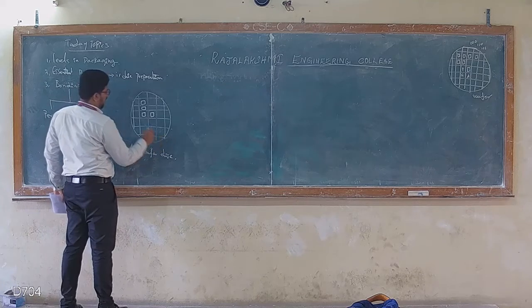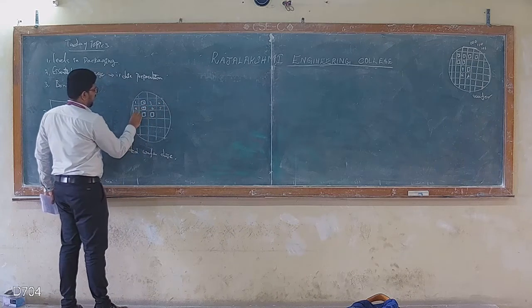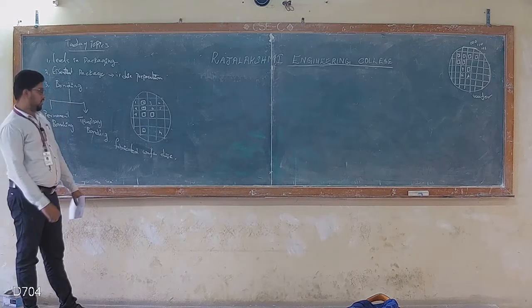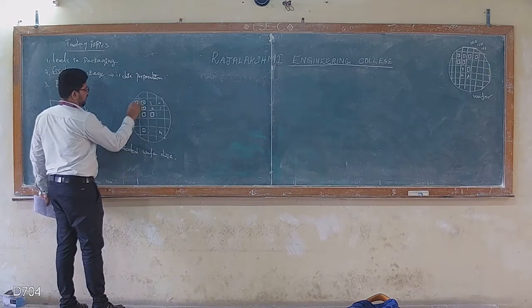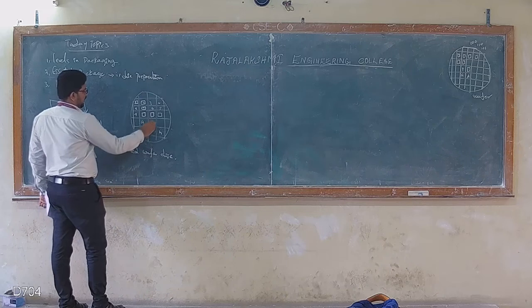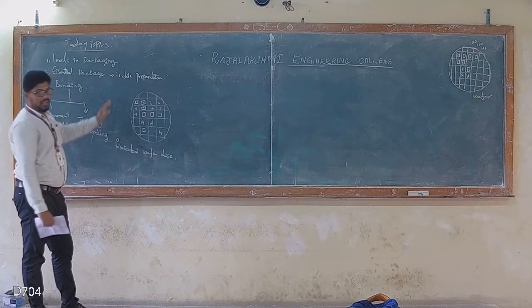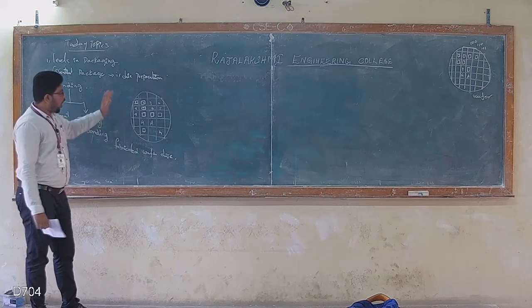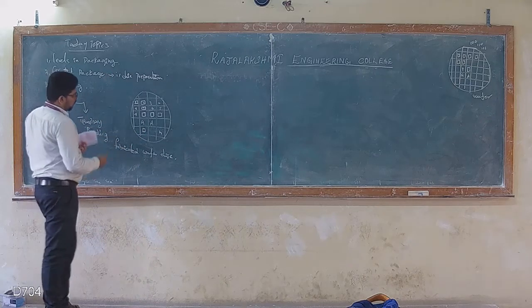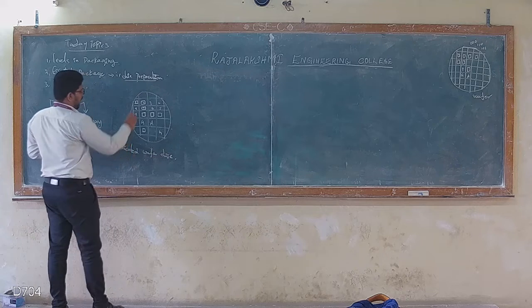This wafer has a number of components 1, 2, 3, 4, 5, 6, 7, 8, 9. So n number of dies are available. Each die has its own design. Then die 1 could be your pressure sensor, and die n could be your tactile sensor. This can be a gas sensor. This can be an actuator. So a single wafer can have different devices, maybe sensors and actuators, fabricated, or identical devices can be fabricated on the single wafer. So what I'm trying to say? This is the die preparation, which means after fabrication, I'm going to remove